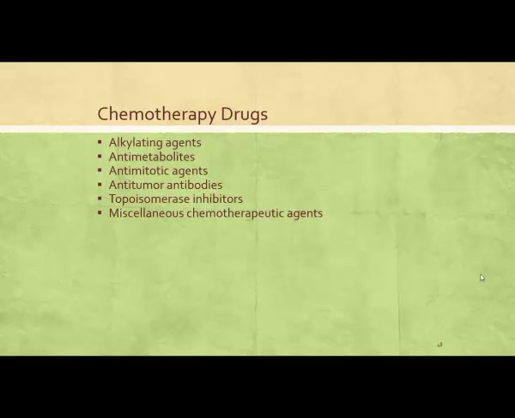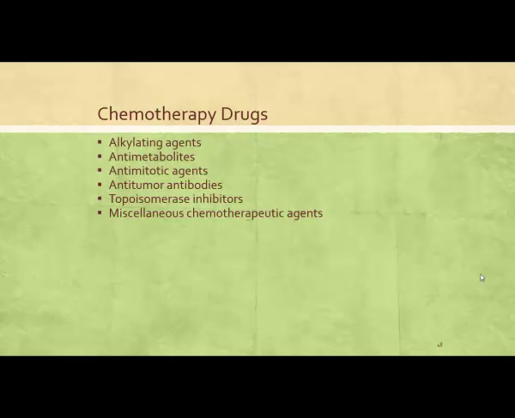The antimitotic agents interfere with formation and action of microtubules. When microtubules form in normal cellular division, they're like the tubes that help prepare the cell to move apart. The microtubules occur in the prophase and the metaphase, and they help that cell to split. And so the antimitotic agents interrupt that process so that complete cellular division cannot take place. And so we don't have rapid replication of tumor cells.